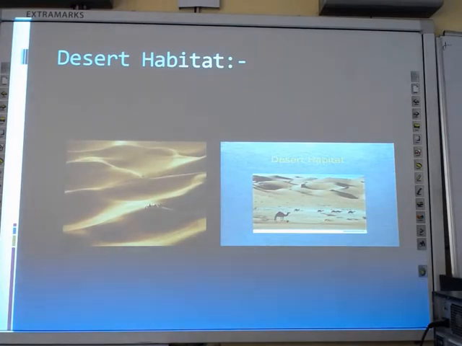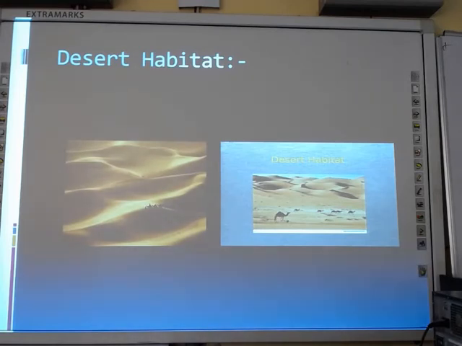Have you ever visited Rajasthan? That is a desert place where the conditions are very hot and dry. The climate is very hot during the daytime and very cool at night. That habitat is known as desert habitat.